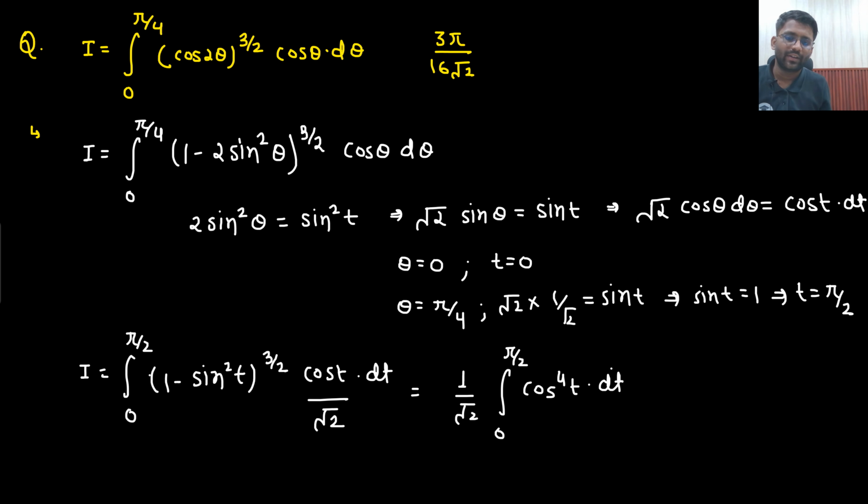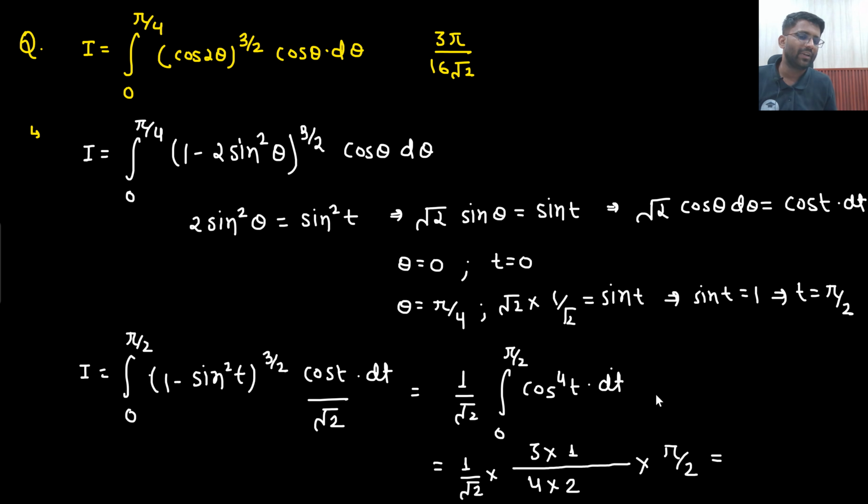So how will I solve it? I will solve by the previous method now. 1 by under root 2. What is my previous method? My previous method says whatever the power is there, 4 into 2 into, after that I don't need to write down. Then 1 less power, 3 into 1. Along with that, there will be even, that's why pi by 2 would also come. If you don't remember it, then you can solve by this method as well. At 1 by under root 2,